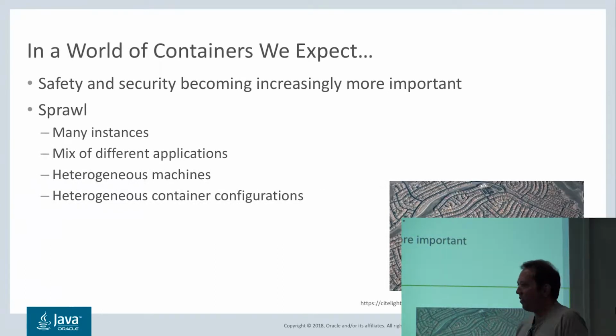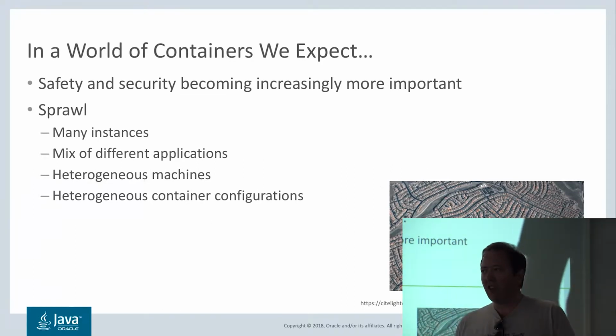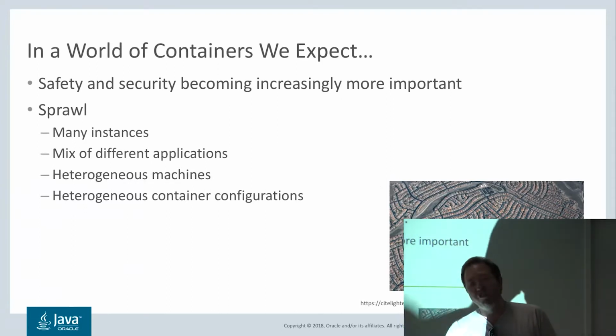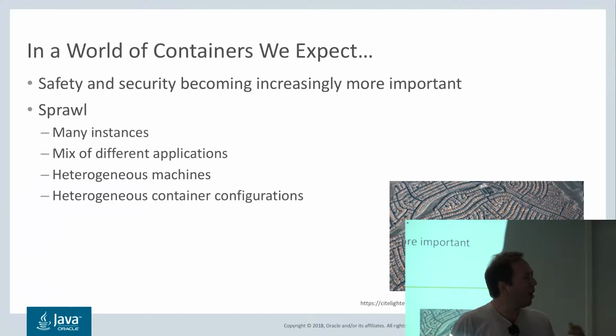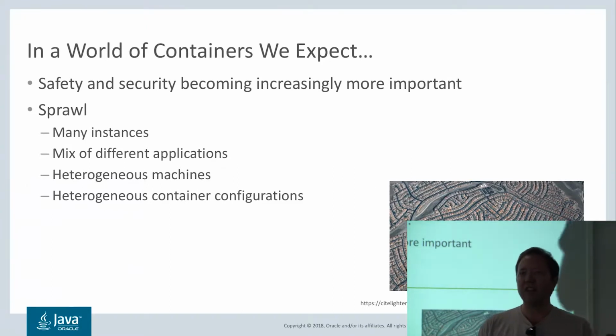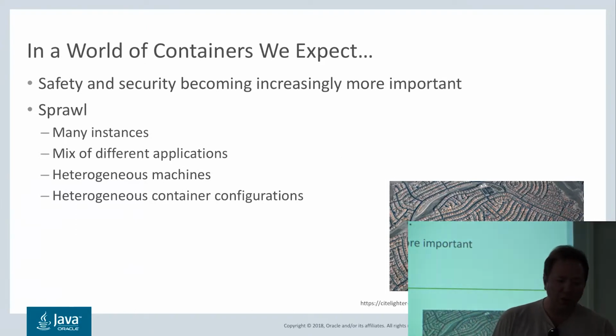In a world of containers like Docker, and I should say from the very start that I will say Docker a lot, and it's not really important that it's Docker. There are many different container technologies. They all, or at least most of them, use the same operating system level functionality in the end, but Docker has become the term we use to describe all of that technology. This is true from the JVM perspective as well. We don't actually care that it's Docker, but there is functionality in the Linux kernel and in the Linux user space that we make use of, and that is surfaced through Docker.